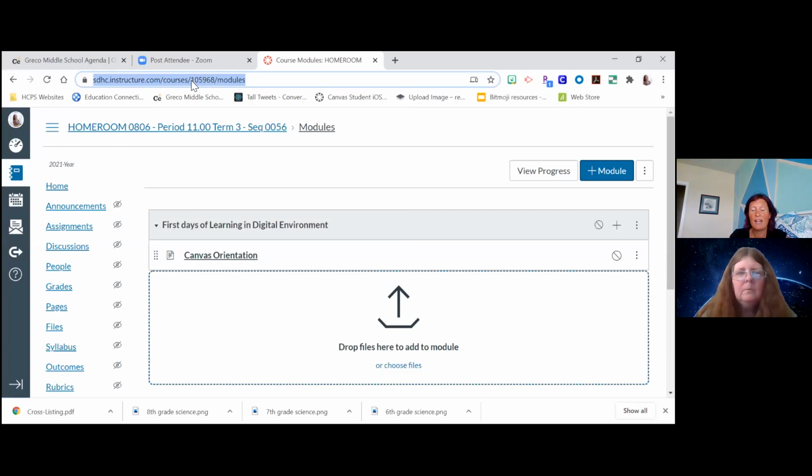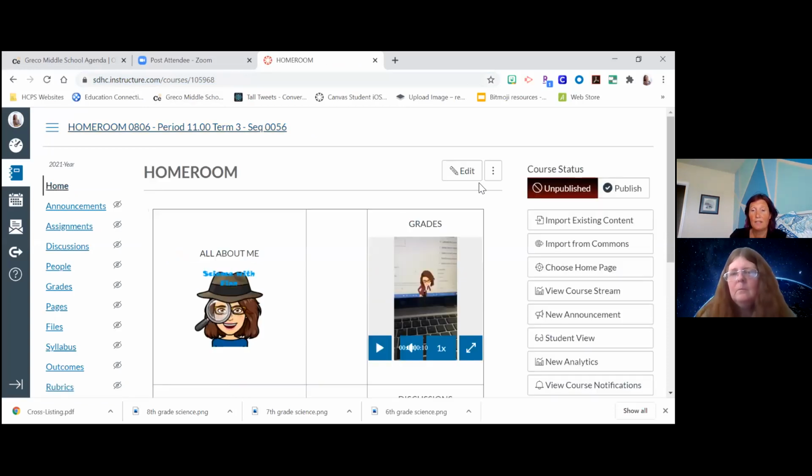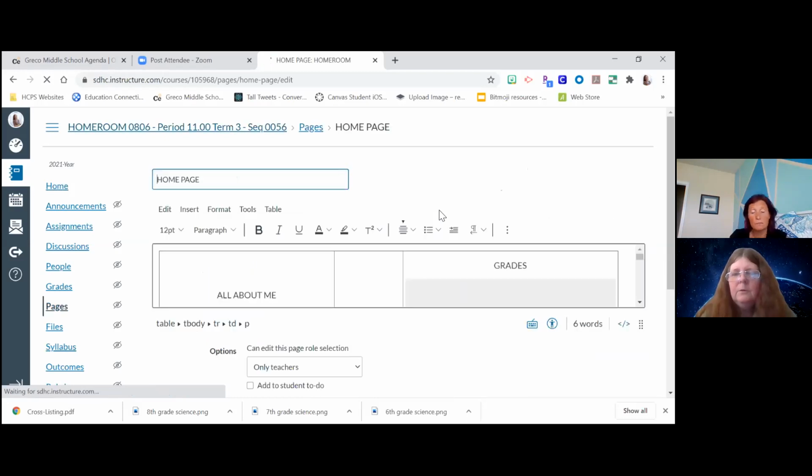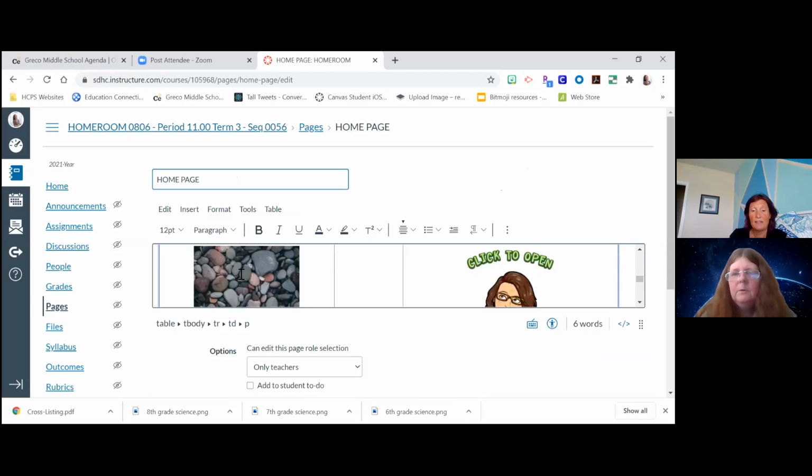So now that I have copied the address of where the modules are for this Canvas course, I can go back to home. Okay, I need to hit edit because right now I can't do anything. I find my modules that I put here. Now here's the thing. I want to make my picture my button. So I want my kids to be able to hit the rocks and go to modules. So I click on the picture. I hit insert,